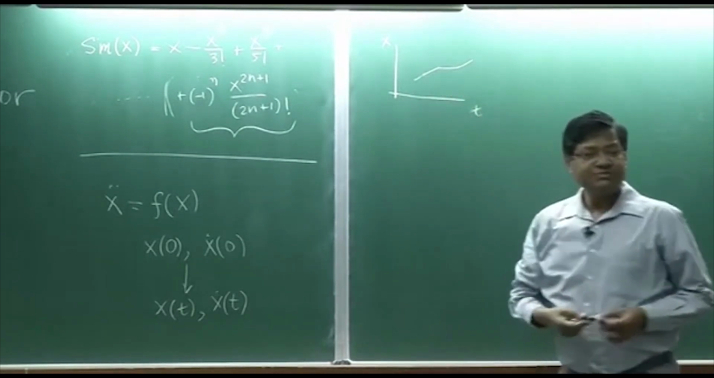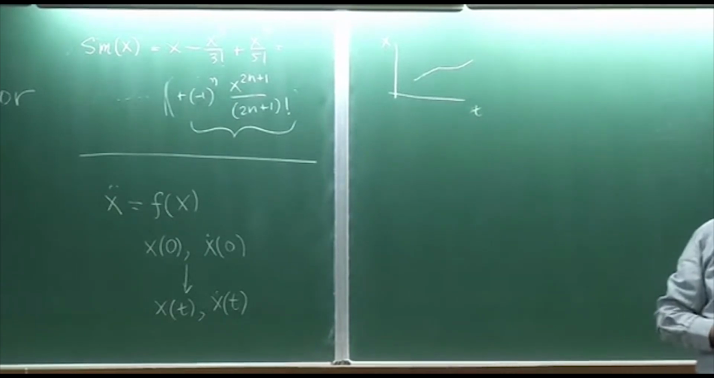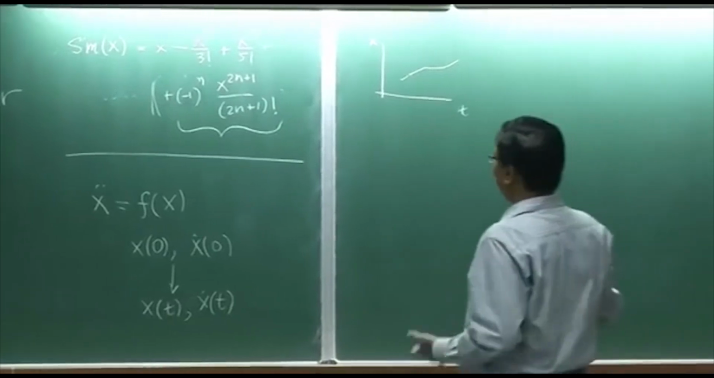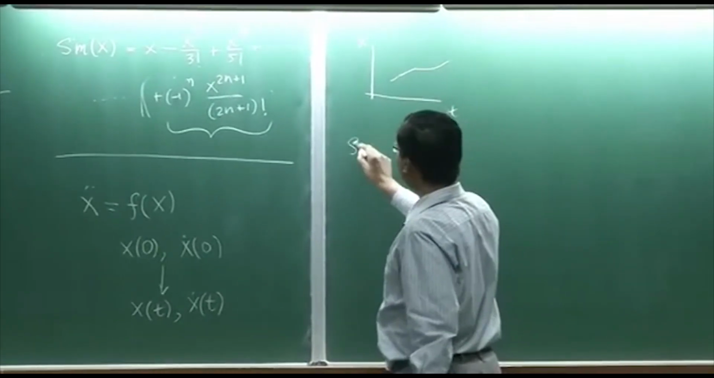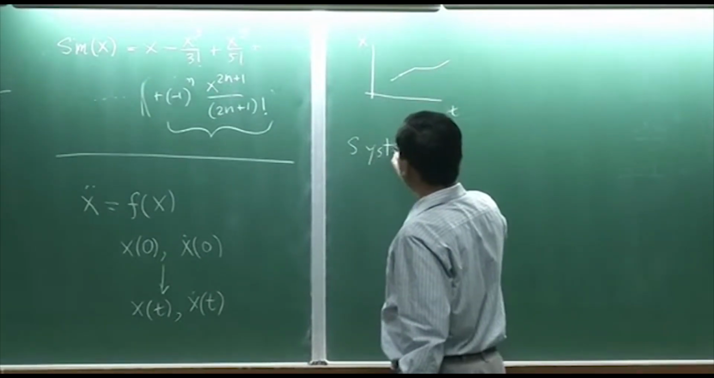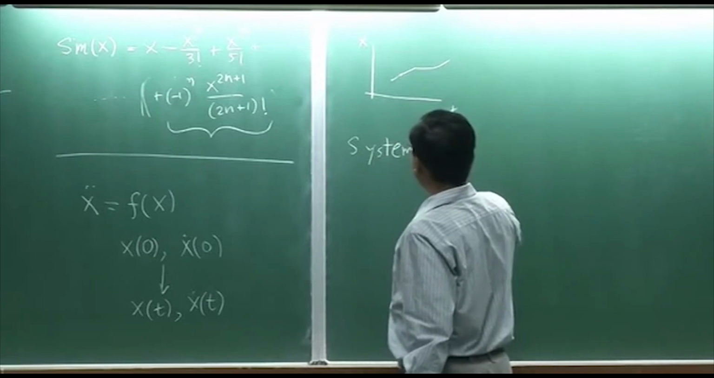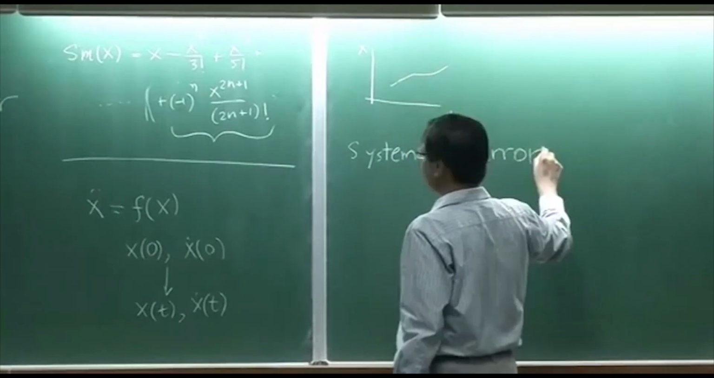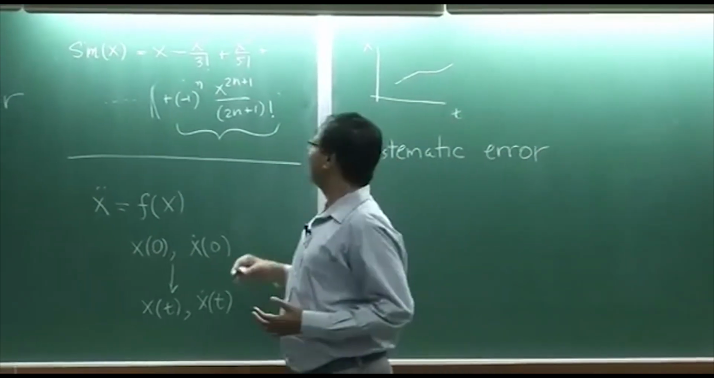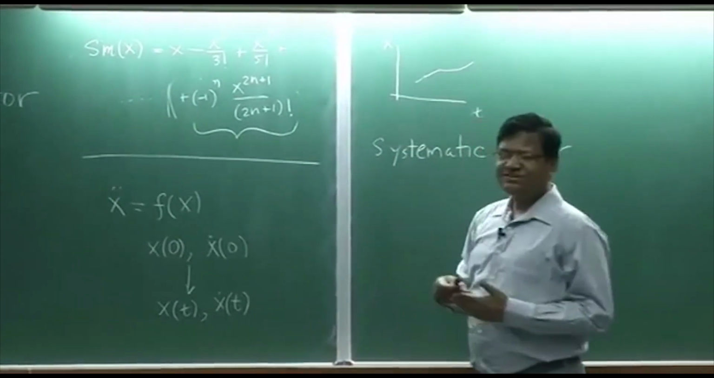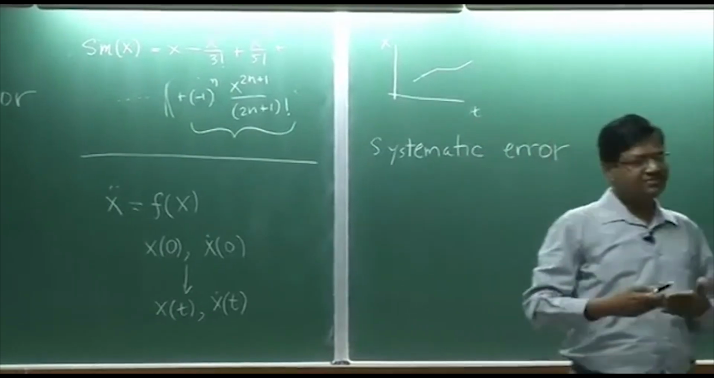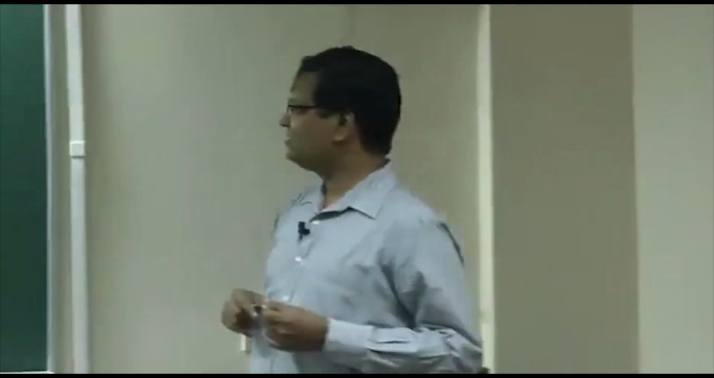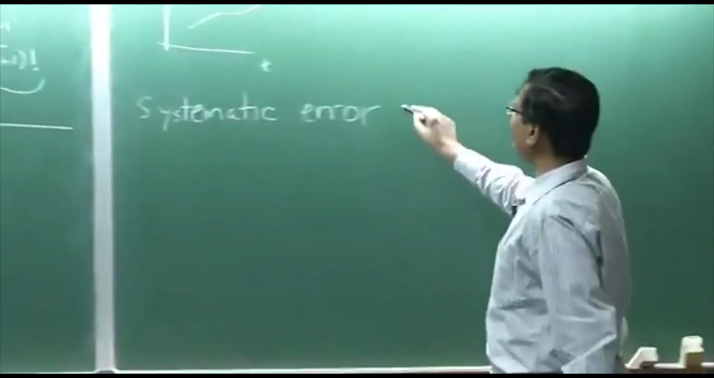Okay. Each time step I will be committing an error. Now these errors could add up, so that will be systematic error. If it is systematic error, this you know from your experimental physics course. Your systematic error means each time my error is of the same sign and they just keep adding up. Okay. So systematic errors, you have to add them,